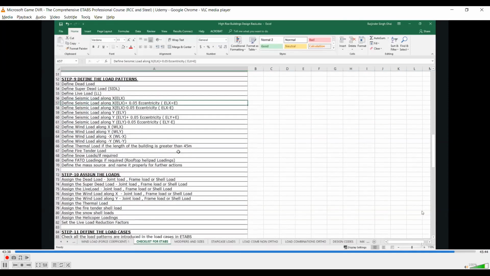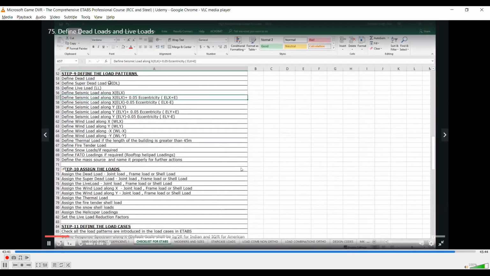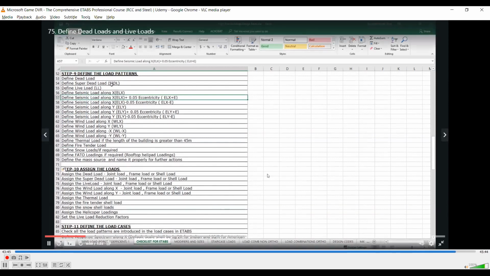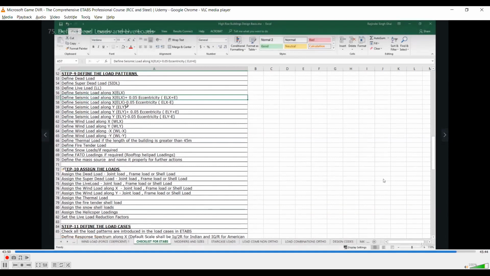So step 9 shall be to define the load patterns. To define the load patterns, we need to define dead load, superimposed dead load, live load in our case, seismic load along x plus 0.05 eccentricity, minus 0.05 eccentricity, seismic load along y plus and minus eccentricity, wind load along all the 4 directions, and thermal load.